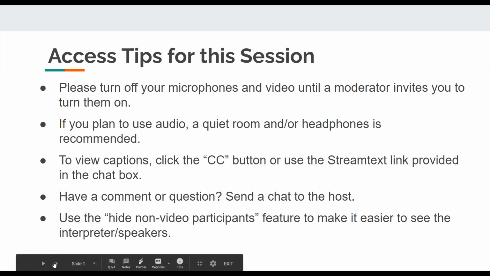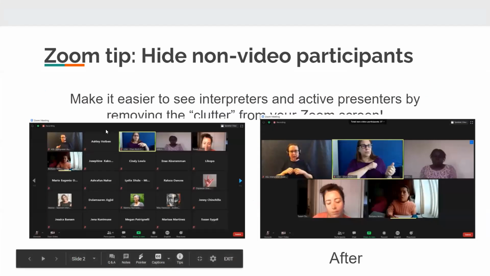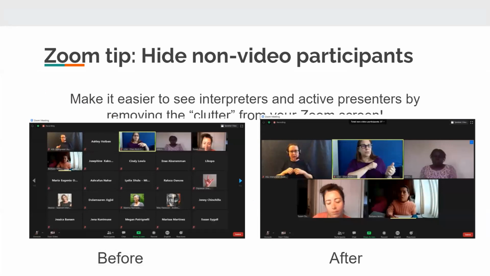It's important for us to see and learn about this, but I'm just moving to the next slide. The image on the left is a meeting where we're not hiding non-video participants, where there are about 30 boxes, black screens with different people's names in them, people's photos, active presenters, and interpreters, and it's just a bit of a clutter to be able to engage and view the interpreters and the presenters.